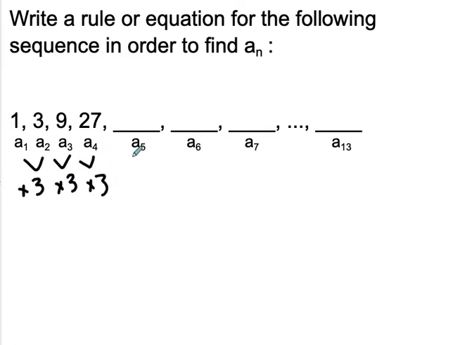So let's fill in what we're missing here. So to know what A5 is, I'm going to multiply 27 by 3, which gives me 81. Multiply that by 3, we get 243. Multiply that by 3, we get